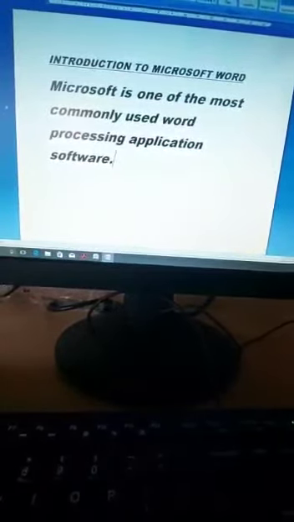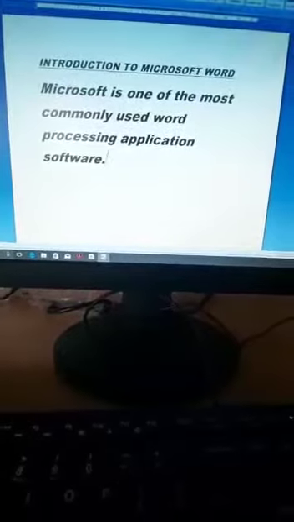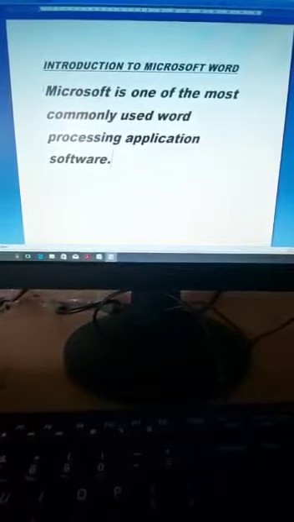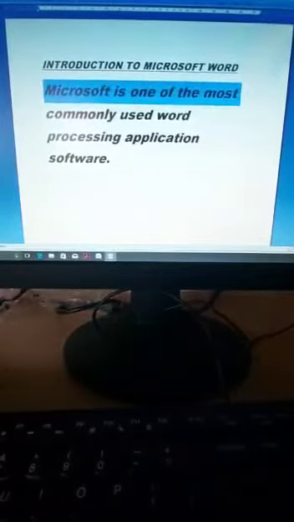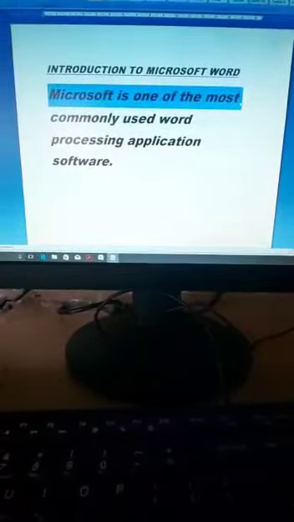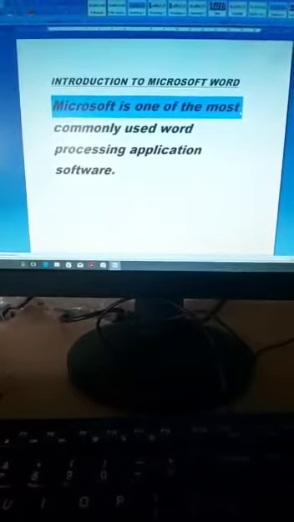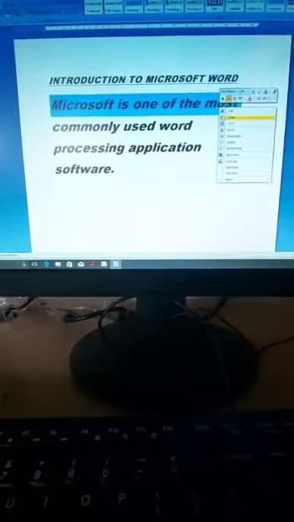Now, with the left button of the mouse, you have to double click and drag it till where you want to select the text or whatever you have typed. So from here I'll drag till here. So this is how you select. The blue color thing is what? Select. Then what you do? Right click and then say copy.